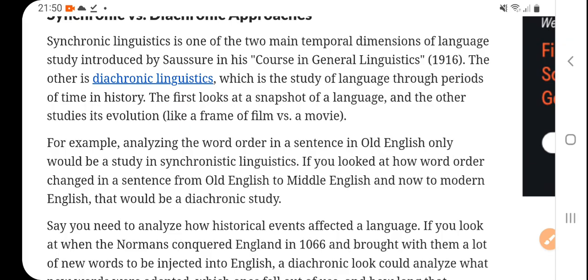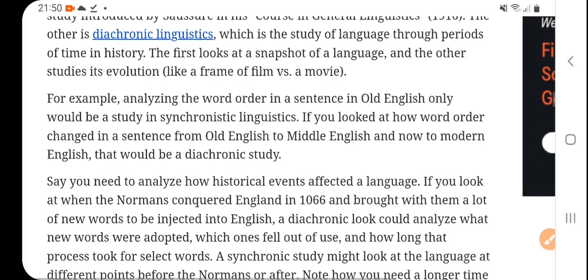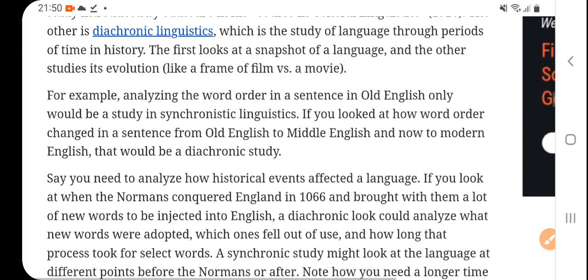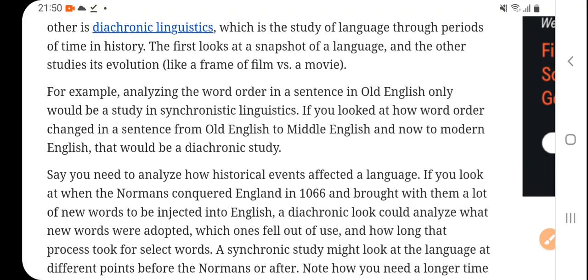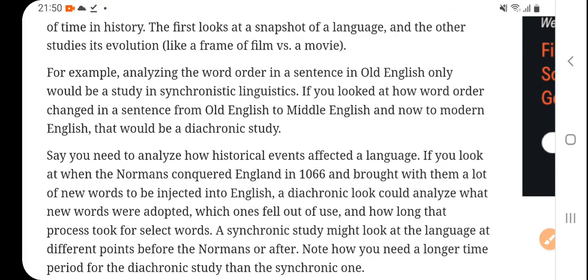So it is one of two main temporal dimensions of language, right? The study of a different time is called synchronic and the other is diachronic linguistics, which is the study of language through periods of time in history. Synchronic is the study at a point of time, and diachronic is the study over a period of time. The first looks at a snapshot of language, and the other studies its evolution, like a frame of film